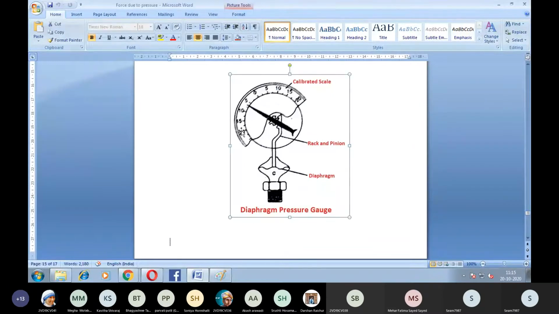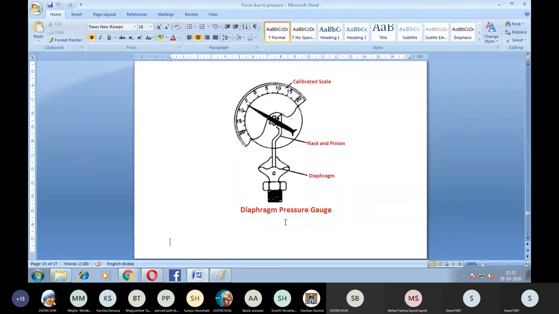Before allowing the liquid, the reading of this diaphragm pressure gauge will be 0. As the liquid hits this elastic membrane, the motion is transferred to this joint and the needle is going to deflect, by which you can read the readings.